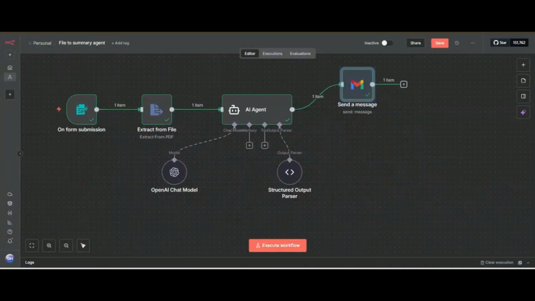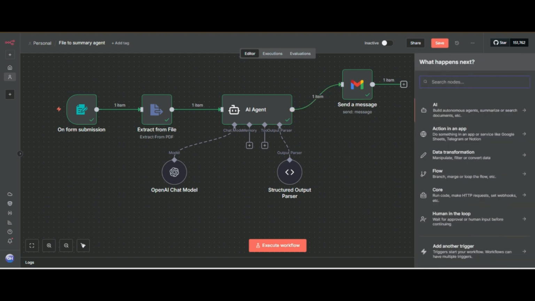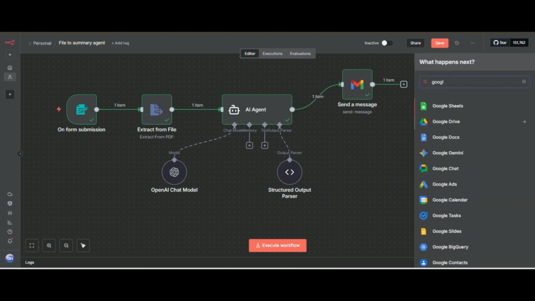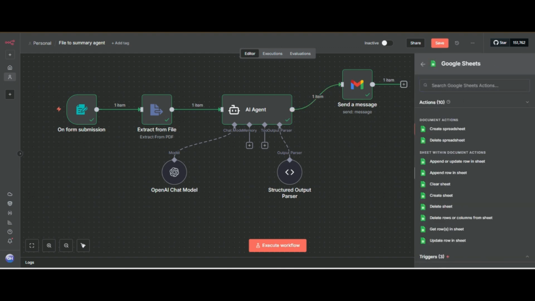Now we have to store all the information, like who came and what the AI agent did. We want to save all the details, so I use Google Sheets. You can use other tools.